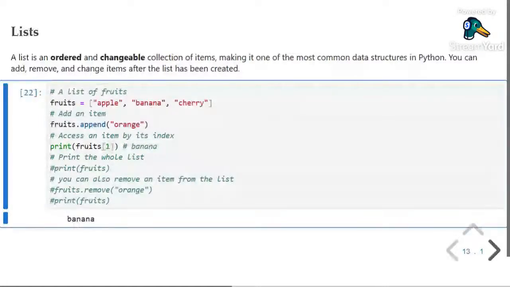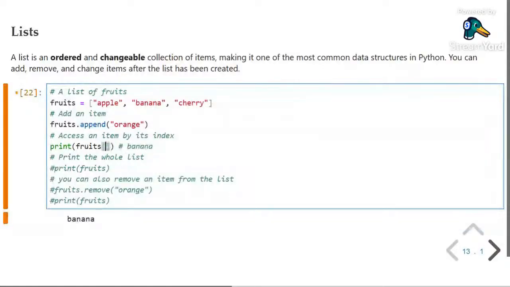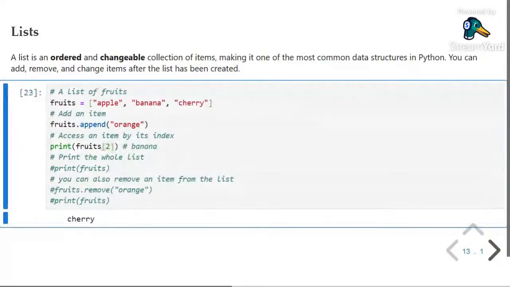You change the index to 1. If you want to change the index to the second item, you change it to the second index. So now